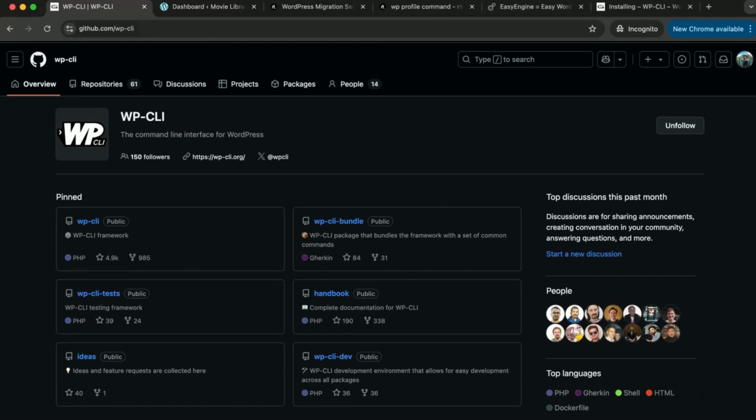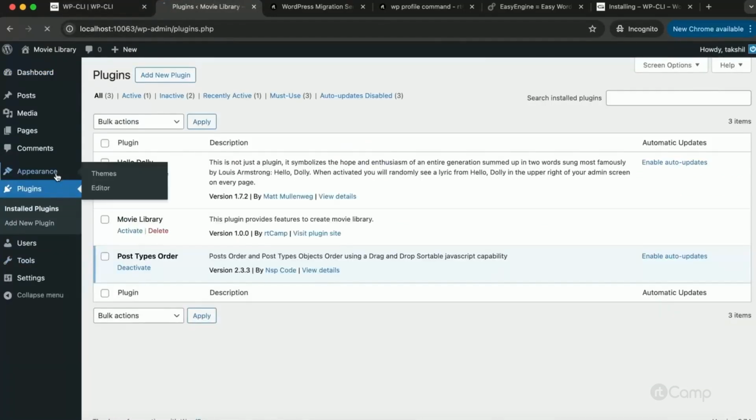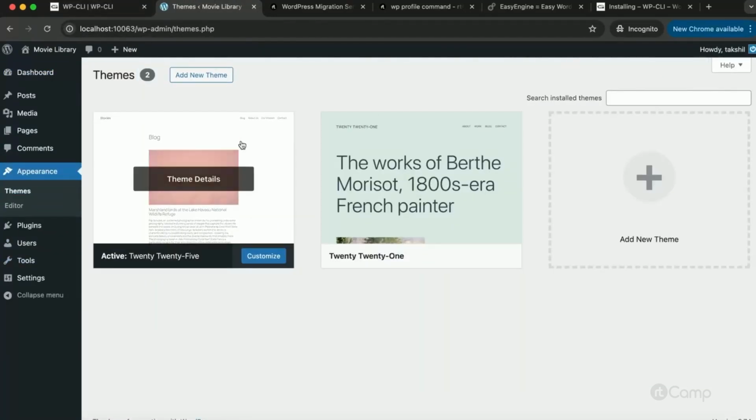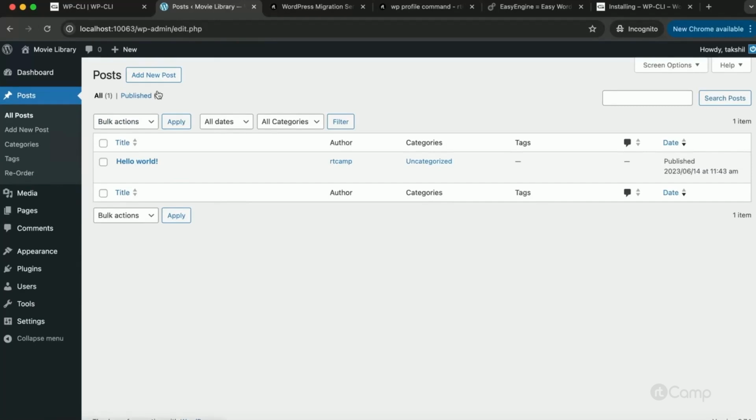Whatever you do in WordPress admin in a browser using the admin UI, the same things you can do through the CLI as well. For example, creating users, installing plugins, activating and deactivating themes, managing the posts, creating posts, or anything like that. So all the functionalities that you can achieve through the admin UI, you can do the same using the WP CLI. To name a few benefits, performing any action takes fewer steps compared to doing it manually